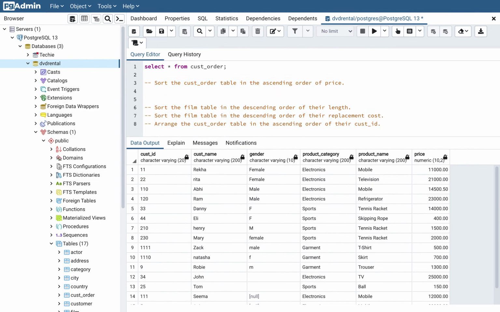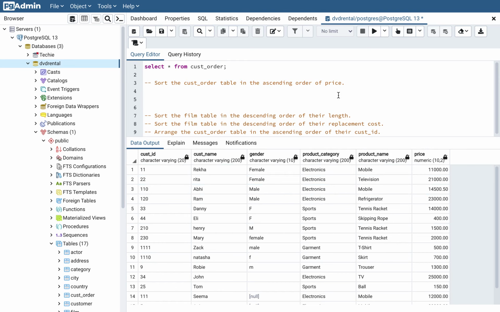So the first question says, sort the customer order table in the ascending order of their price. So it means that ascending order means the smallest value on the top and the lowest value at the bottom. So let's say